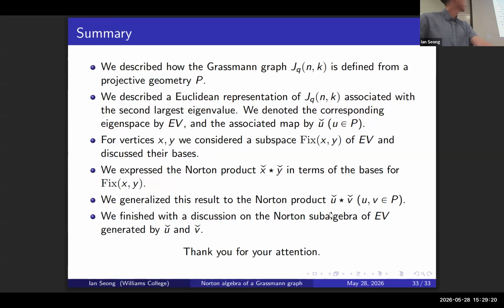Well, the definition that I see for the Grassmann graph is from a projective geometry. I believe so. I don't know if there are any other graphs that are defined from a higher level. Actually, I'm pretty sure if it comes from a lattice, then distance regularity has to be a certain lattice, I guess. This thing called a modular lattice, I believe that is what's important to guarantee distance regularity. To that extent, I kind of know, but I don't know if you can define a Grassmann graph in any other